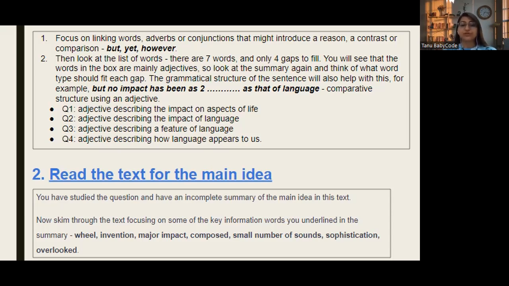Now see question number 2. No impact has been dash as that of the language. So again, it is using an adjective. So all of the 4 questions demand you to write an adjective. Once you are done with the first strategy, the second says